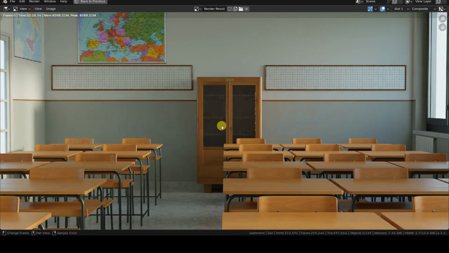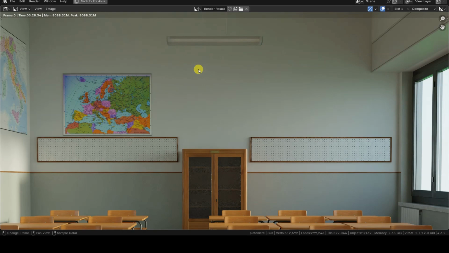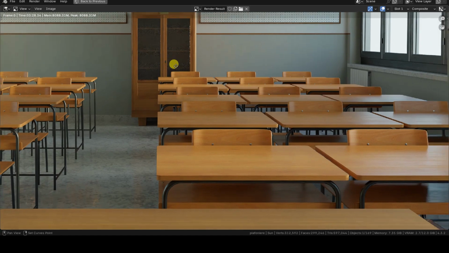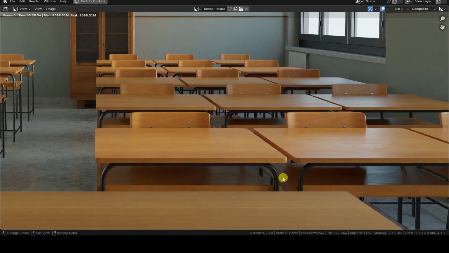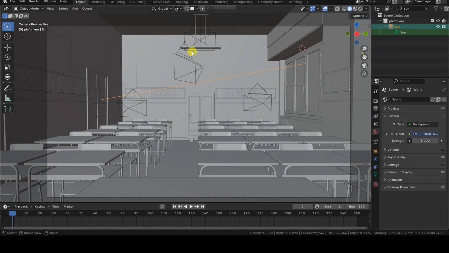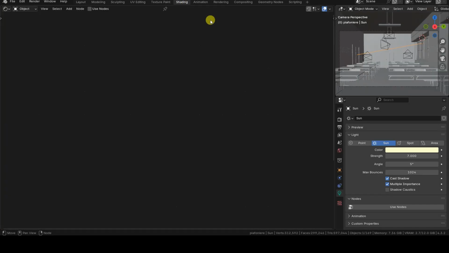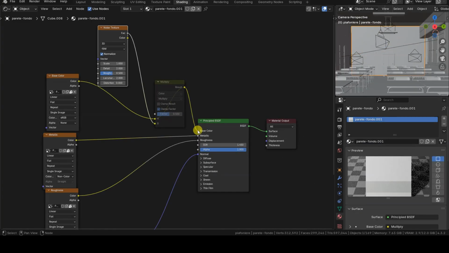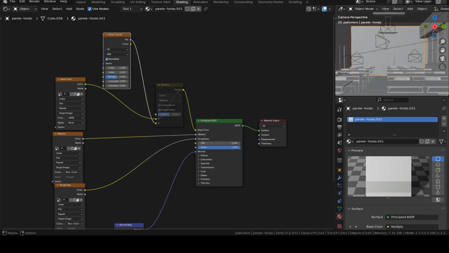As for the materials, I made two changes to the base PBR materials. The first change affects the walls and ceiling, where I introduced a bit of noise to make those surfaces less uniform. The second change concerns the desks and chairs, because the original wood was too matte and too light. I made it shinier and darker by adjusting the base color and roughness using two separate RGB curves nodes, as I'll show you shortly.